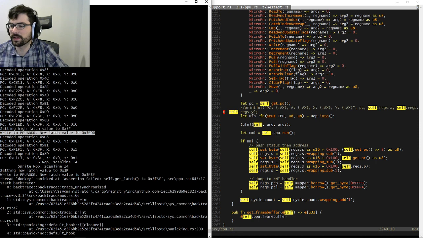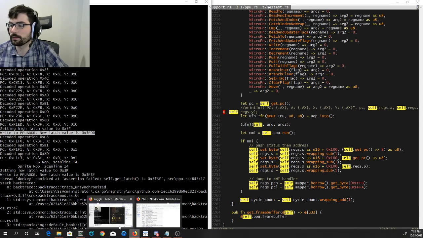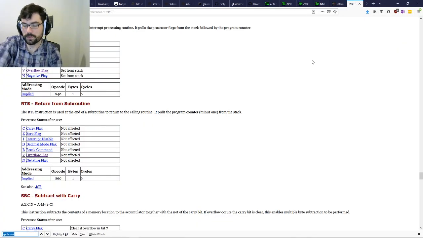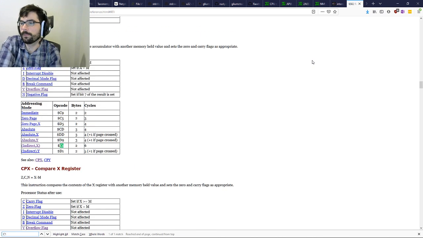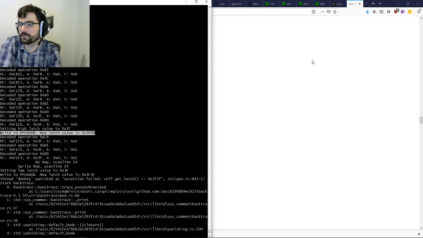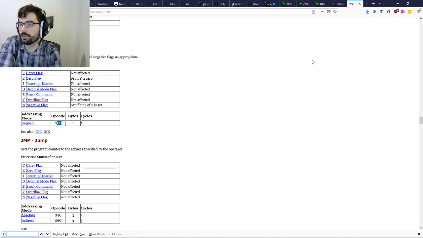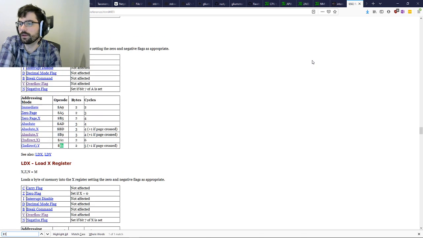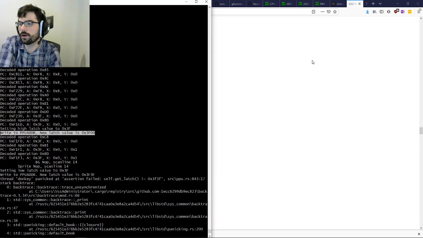Right? See, this looks like a reasonable value, but then this is obviously wrong. So C8, B1, 8D are the functions. C1 is a compare. Oops, no, it's C8, C8. Just read it. Increment Y register, which does happen. B1, load accumulator, indirect Y.